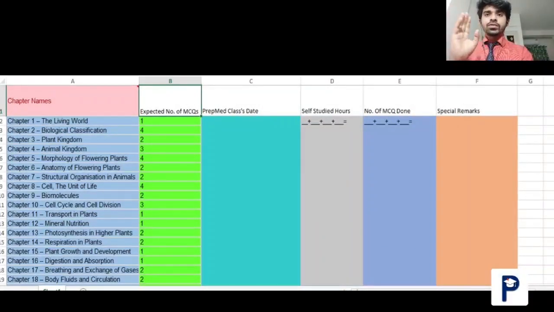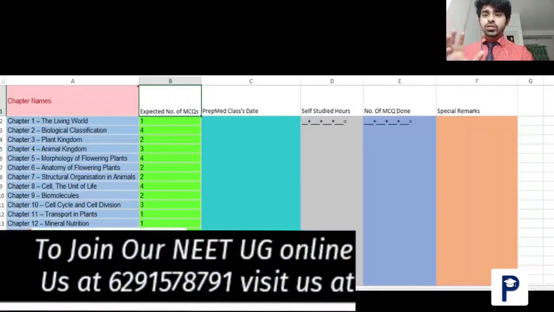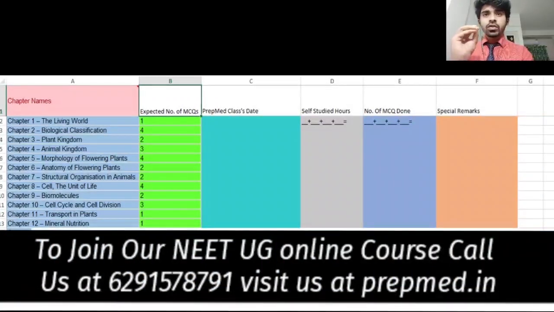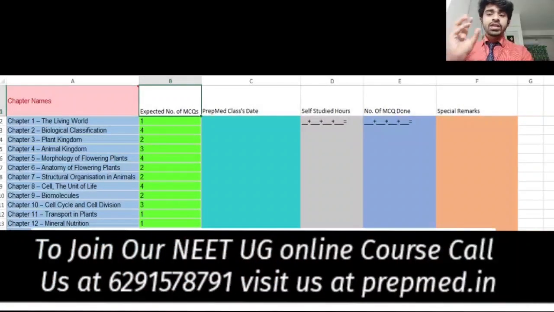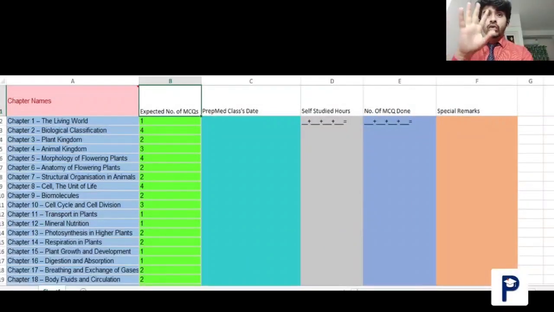After that column you can find the expected number of MCQs. I mean that is called the MCQ weightage of your NEET. Okay, so what you have to understand is that one MCQ is basically asked from living world, 4 MCQs are basically asked